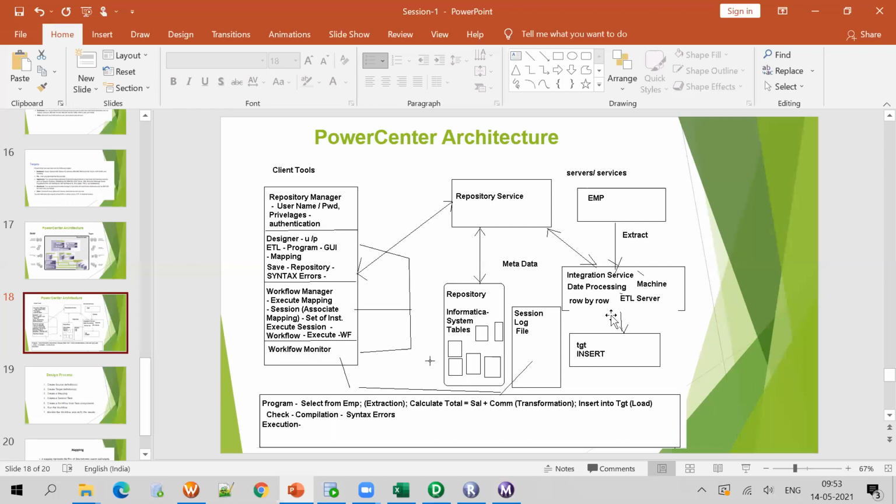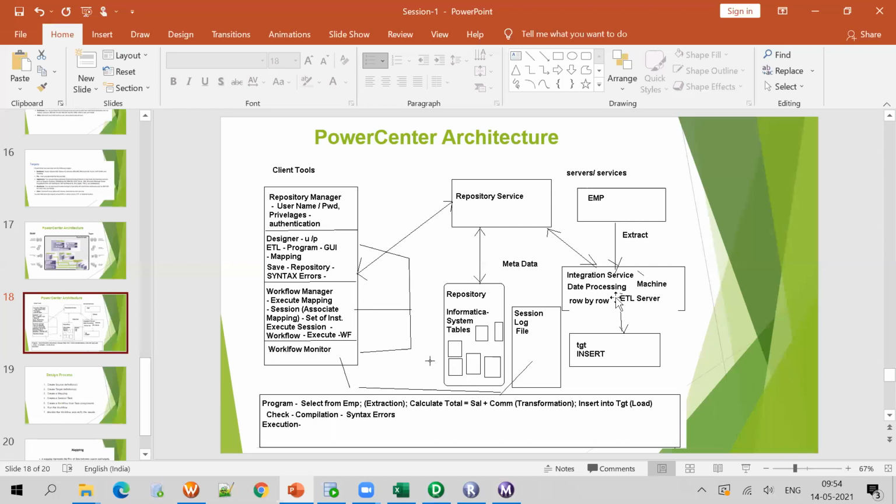The execution part is taken care of by the integration service. Without the integration service, you cannot execute a job in Informatica. Without the repository service, you cannot store in the repository. Without the integration service, you cannot run a program or job created in the client tools. So the integration service is very important.